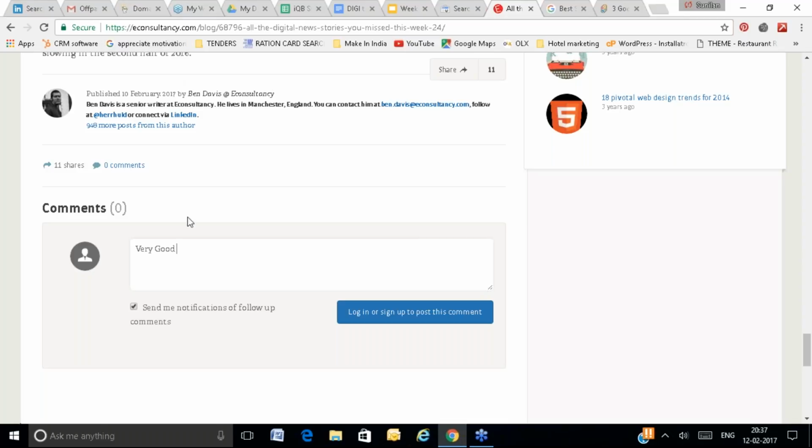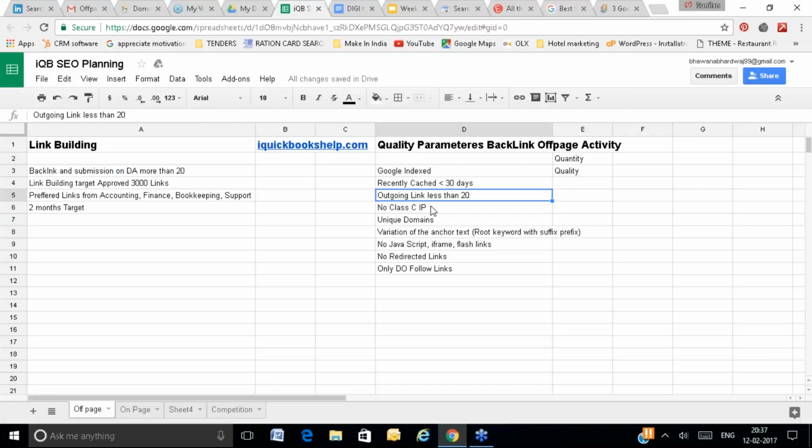But if it has 20 links, it shares its authority divided by 20 links, so your authority share will be very less. So always try to get a backlink where the number of outgoing links is as low as possible. Categorically, try to get backlinks from pages where outgoing links are less than 20.